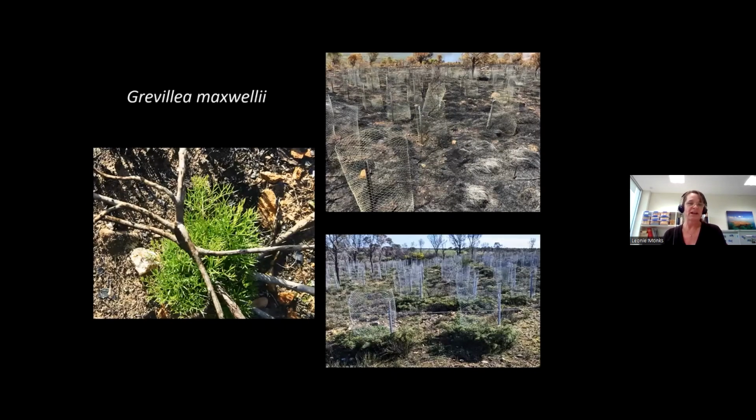The Grevillea maxwellia is an example where we monitored after a wildfire. Our plants were only 2.5 to 3.5 years old before the wildfire occurred, and only 2/3 of these had flowered. When we heard there'd been a very hot wildfire burn through the site, we expected the plants would be killed because the species was a seeder, and that due to the young age of the plants, there may be only very limited seedling recruitment. But in contradiction to our expectations, 78% of the plants re-sprouted following the fire, and 98% of these have now flowered.